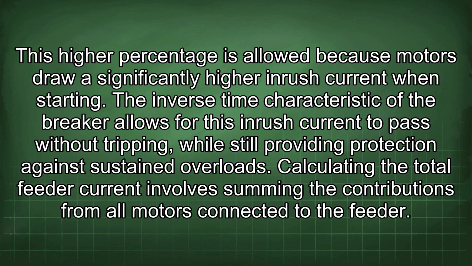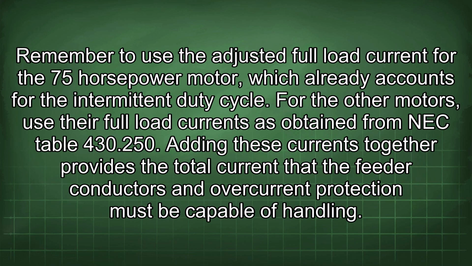against sustained overloads. Calculating the total feeder current involves summing the contributions from all motors connected to the feeder. Remember to use the adjusted full load current for the 75 horsepower motor, which already accounts for the intermittent duty cycle. For the other motors, use the full load currents as obtained from NEC Table 430.250. Adding these currents together provides the total current that the feeder conductors and overcurrent protection must be capable of